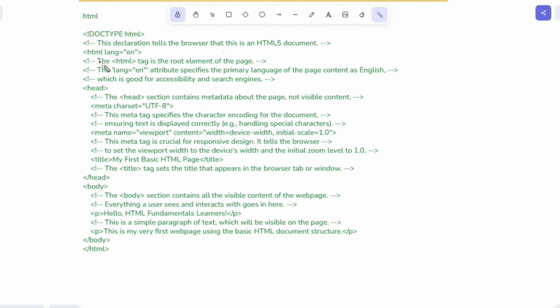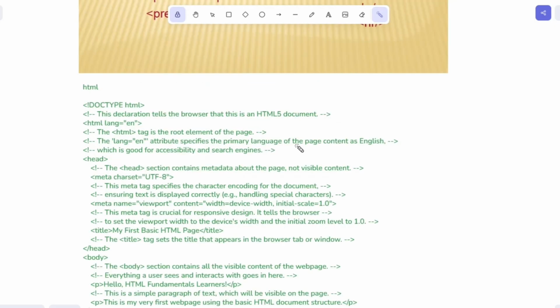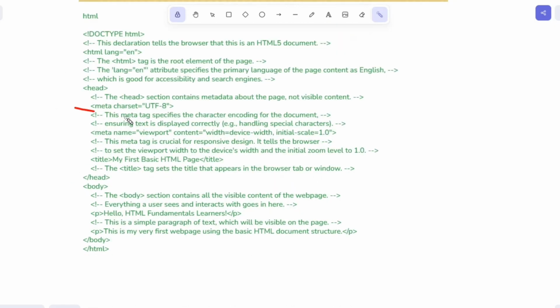And moving on, HTML tag. The HTML tag is the root element of the page, and the head section contains the metadata. You can see downward, this is the metadata. The meta tag specifies the character encoding for the document, the width of the content, and the initial scale of the content. They are predefined. We don't need to write meta in our upcoming projects. We need to only write